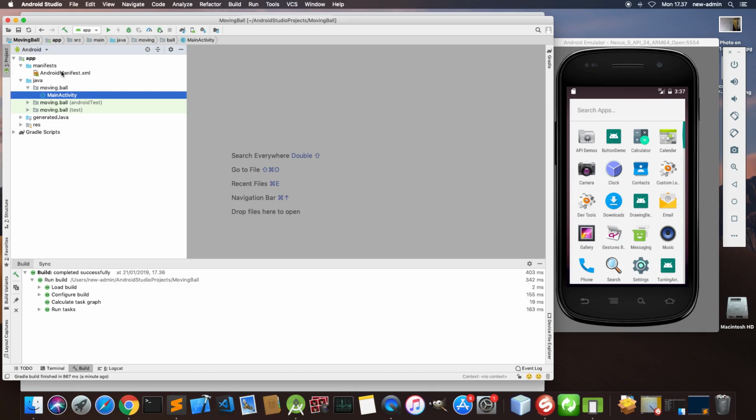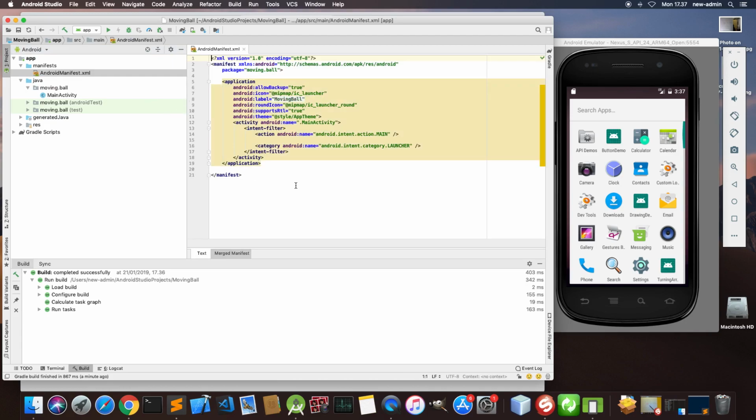This AndroidManifest.xml is a file that tells the very fundamental things about an application, and Android Studio automatically creates this file for its application. So here is the name of the main activity, and it is now MainActivity, but I can modify it, and I say MovingBallActivity. It must be exactly the same as the name in my Java file, and after I have created this, I can